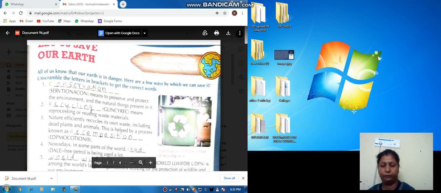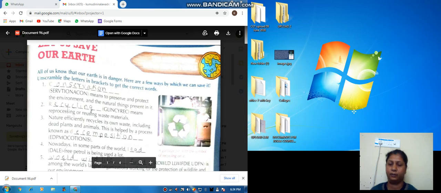Here are a few ways by which we can save it. Unscramble the letters in the bracket to get the correct word. In the fill in the blanks, we have to write the right word, and by completing the sentences